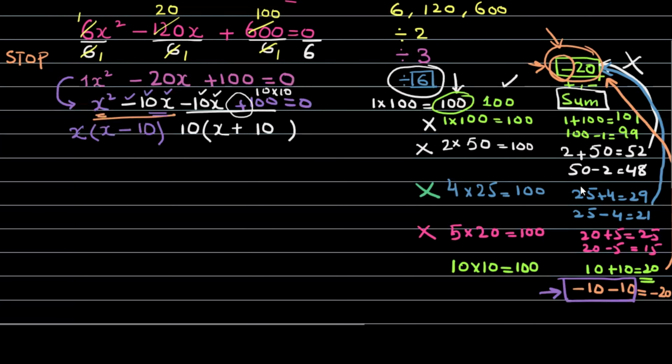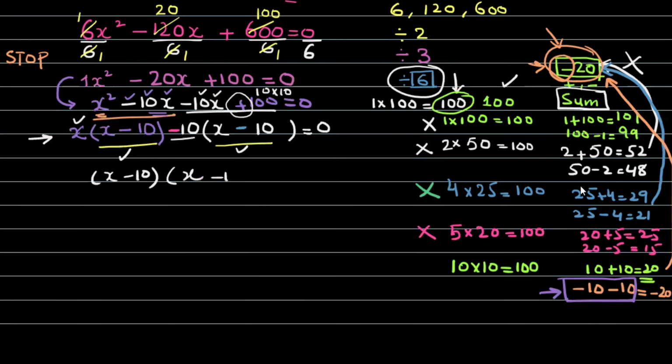You need to give an alert to yourself here. Stop here. Because bracket की ये value and this one should be same हमेशा. So that's why you have to take a minus sign as a common. As you take a minus sign common, तो अंदर का जो sign है वो opposite हो जाएगा. It will be already converted into a minus sign. Now you can observe in the whole expression ये जो दोनों brackets हैं ये common है. So you have to take these brackets common one time, and what is left? X is left, minus 10 is left. You can copy down and put them equal to 0.